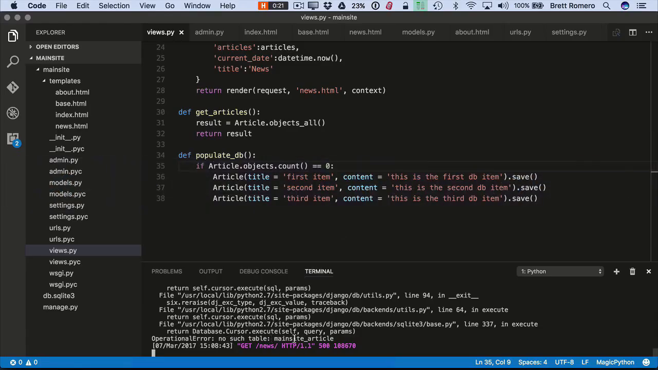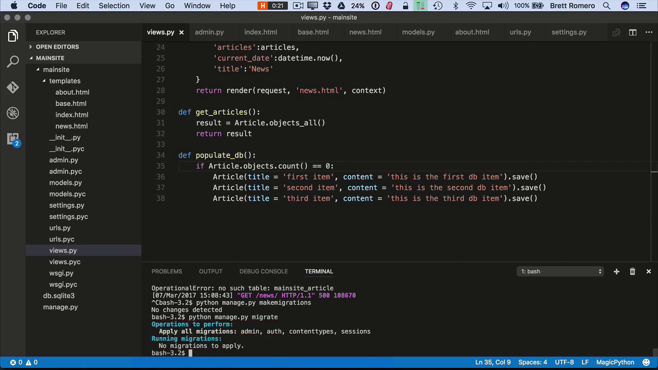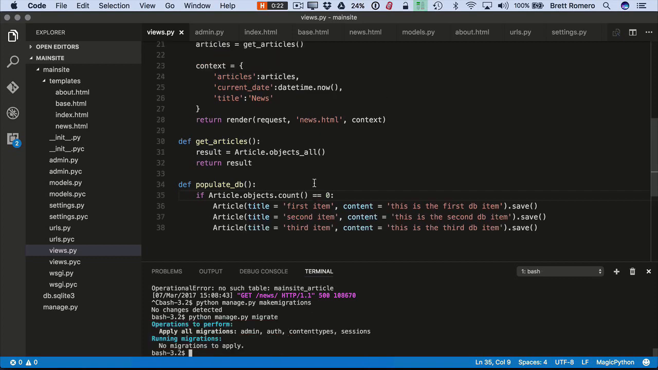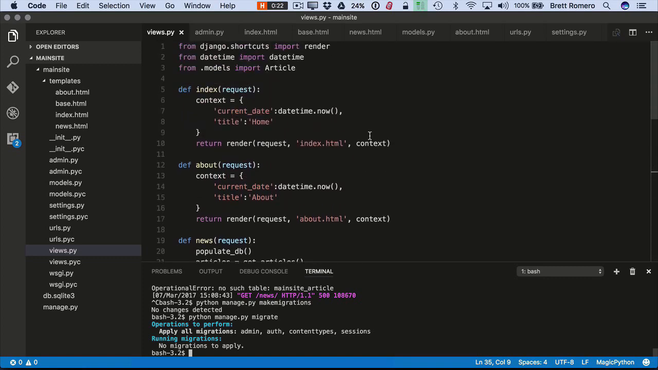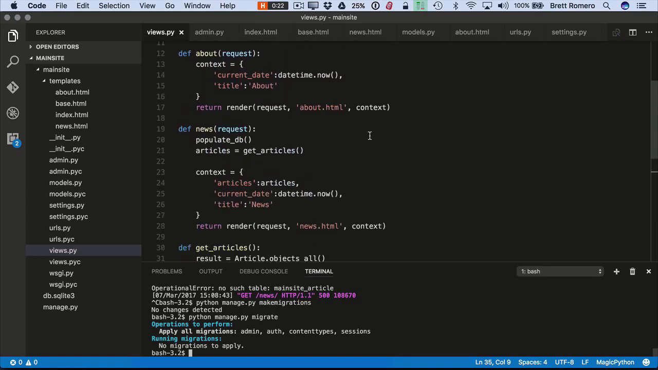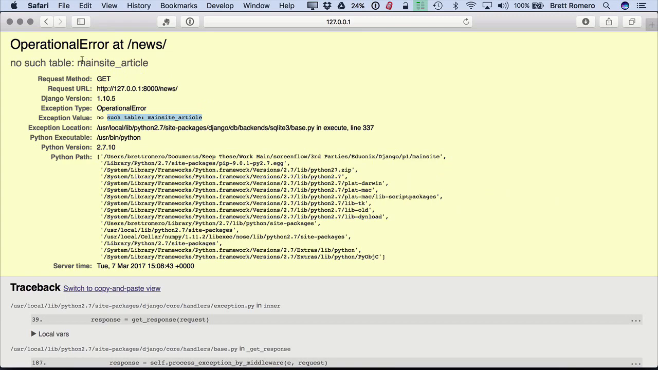I am going to stop the site, and I'm going to try the make migrations and migrate one more time here. Make migrations. Let's see, no changes. Migrate. Nothing to apply. So let's see if I have a main site article anywhere. Going into our news. There's nothing in the news page, our HTML, that is referencing this as far as I